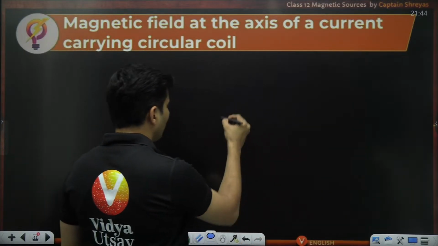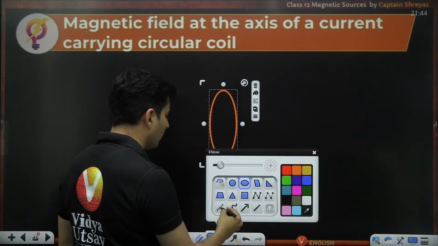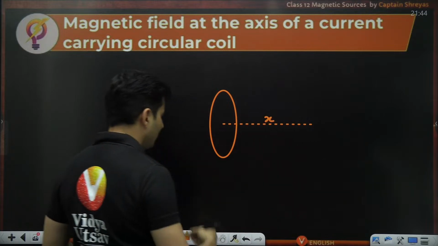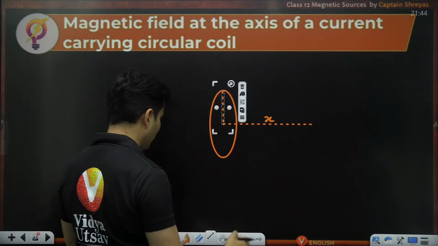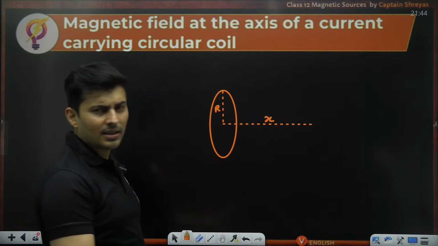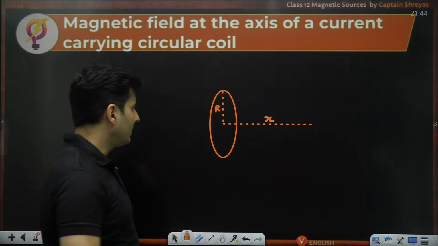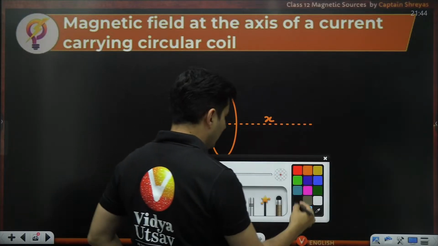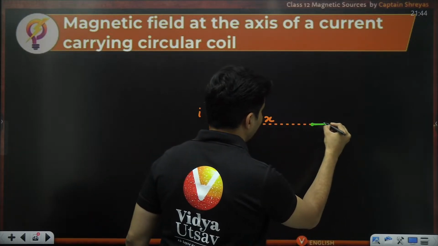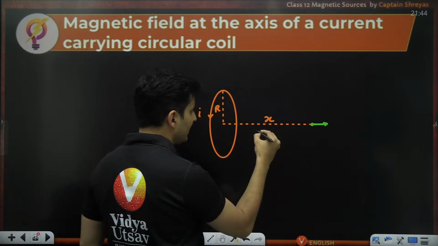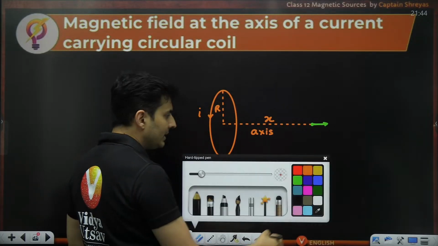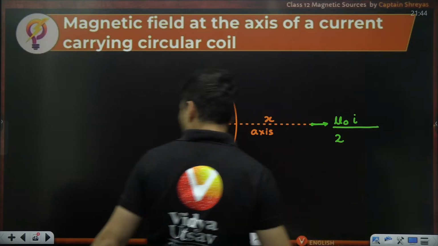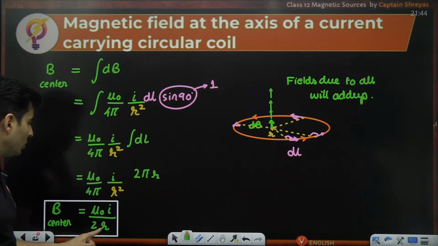Sir, what if you are on the axis of that coil? Fine. If you are on the axis, there is again a derivation, not important, but I'm just telling you what the answer will be over here. I've done that in the derivations class. You can find it in the CBSE lectures and everything. So again, this is a wire which is carrying some current, and I want to figure out what is the magnetic field at this point on the axis. This is basically called the axis of the wire. That answer will be mu naught I divided by 2,